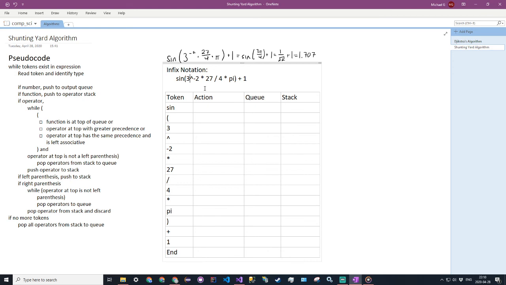So while the function is at the top of the stack, or the operator at the top of the stack has greater precedence, or the operator at the top of the stack has the same precedence and is left associative. If you don't know what left associative is, it's just